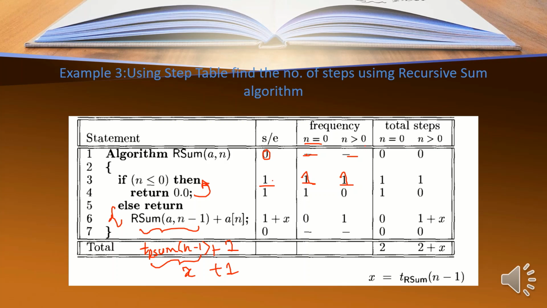So now let us add up this column as well as this column. This column gives you 2 and this column gives you 2 plus x, where x equal to tr sum of n minus 1. So like earlier, we got tr sum of n, that is the time complexity of that.